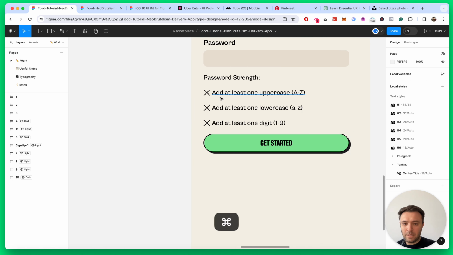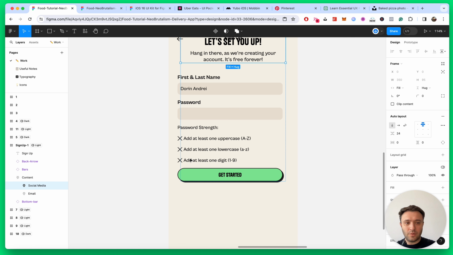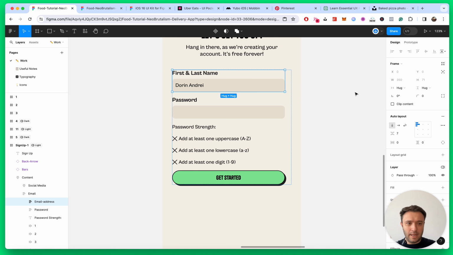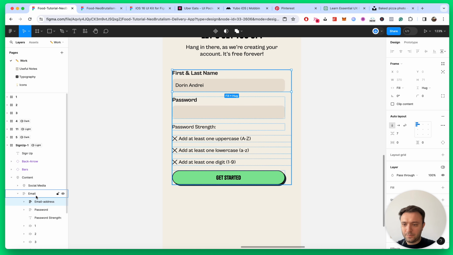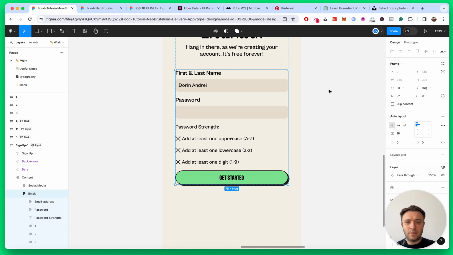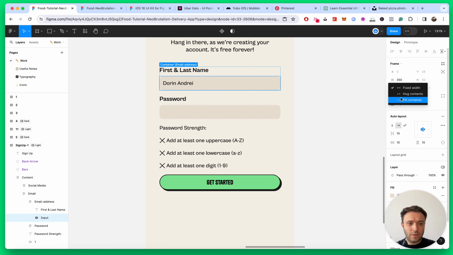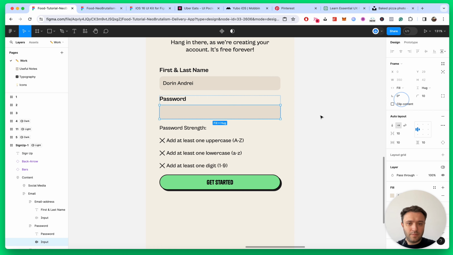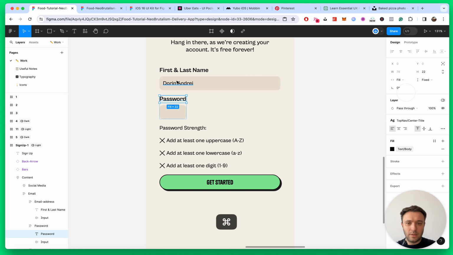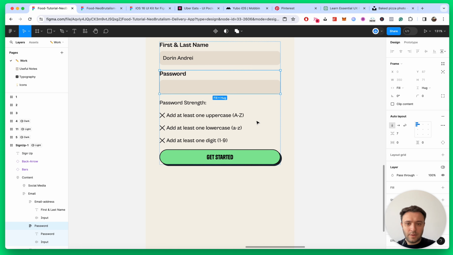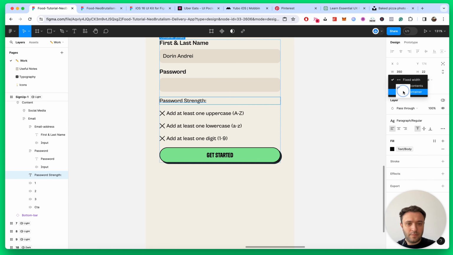Okay, I think something is not right. So social media is good, but these, let's decrease a bit. Let's get rid of an auto layout of a group by holding Shift Command G in order to ungroup, and let's make sure this is filled, this group is filled. Oh, okay, so now it fits in. Okay, let's make sure it's filled, this guy is filled, everything is filled. Okay, and this one is filled, this one again filled,